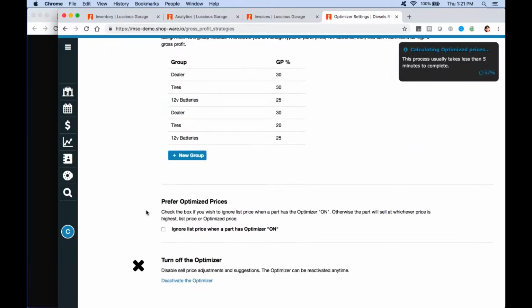We've also recently added this new feature, which is the ability to choose whether or not you want the parts with the optimizer turned on to use the optimized price or the list price, whichever is higher, or to just always use the optimized price. In other words, even if your list price on a part is higher than what you would need to sell that part at to make your parts GP numbers, I don't care. I just want to sell at the optimized price because I know that'll basically guarantee I'm